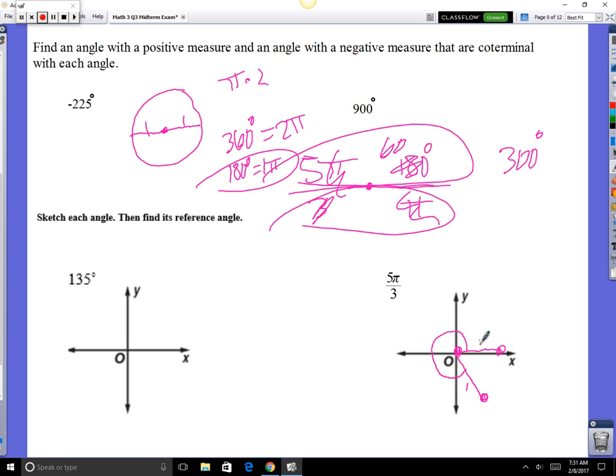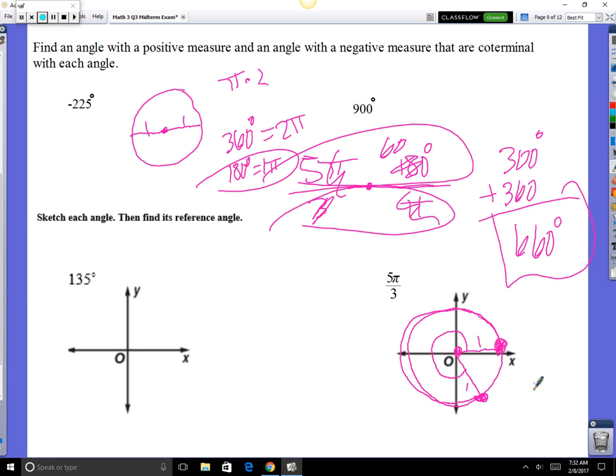So that's 1, that's 1. So this is what they're talking about. The distance from here to here on the circle is 5 pi over 3. Okay, so 300, I'm just going to add a spin, 360, so 660 will start and stop at the same spot, and so will this right here, that's 60, because if I spin 300, all I need to finish it off is 60, so if I do a negative 60, that will also start and stop at